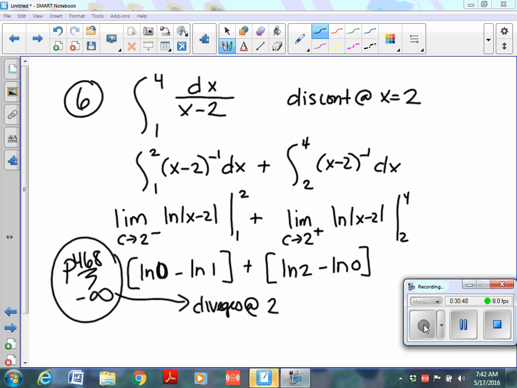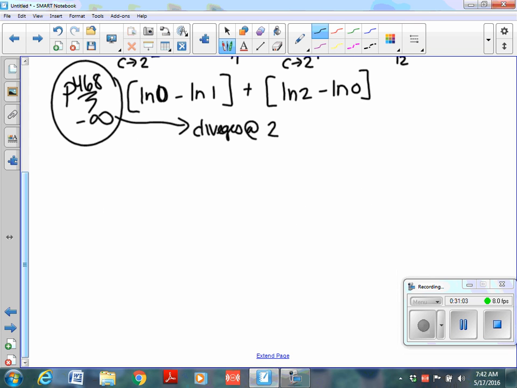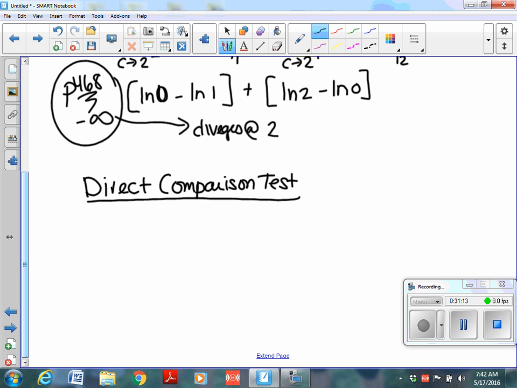Okay, I think we are done. I just have to write down the direct comparison test, and I'll show you one more thing. It's called the direct comparison test. This is comparing 2 of them. Number 1,